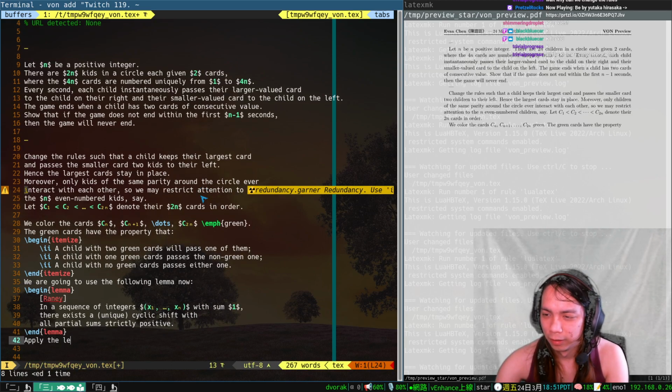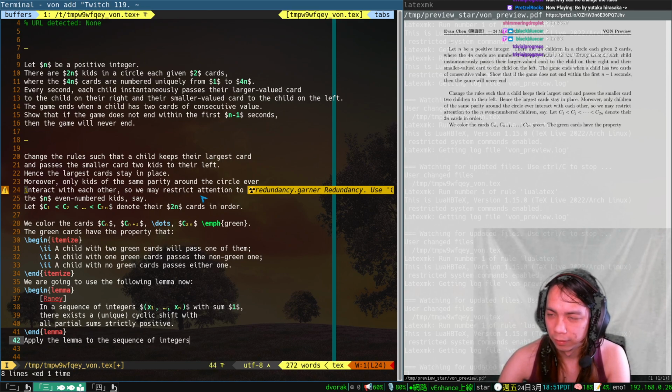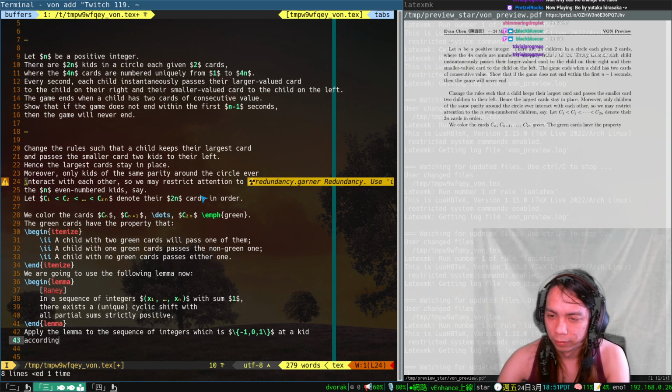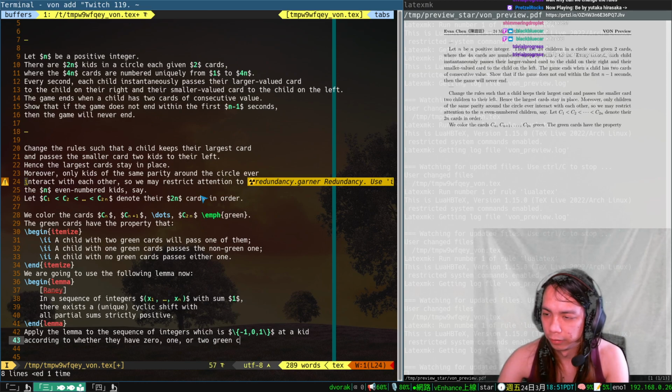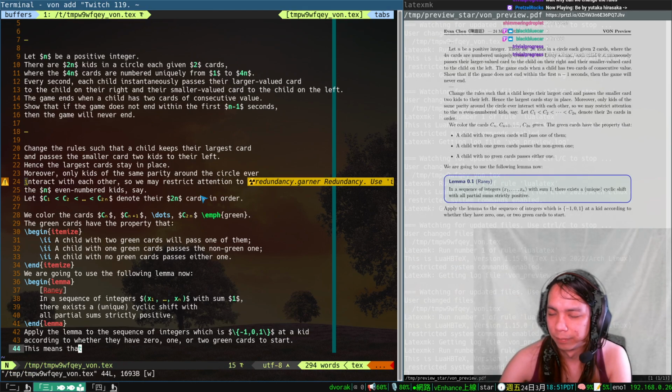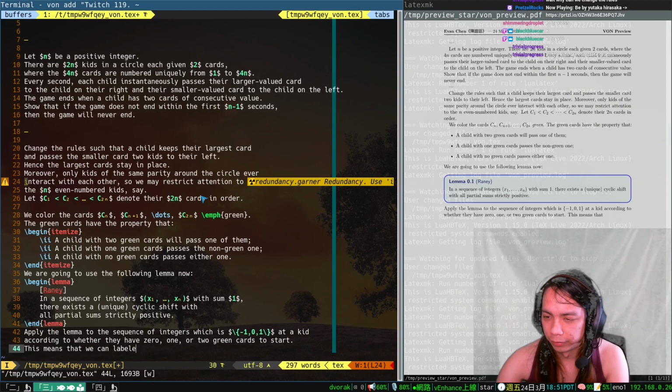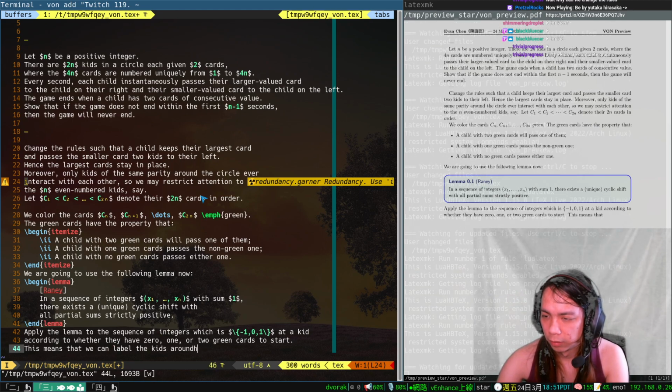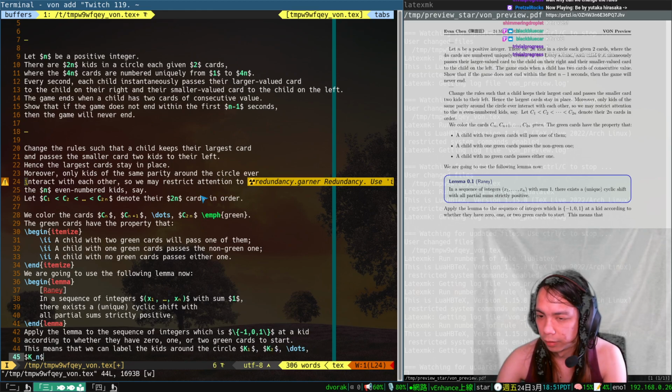Apply the lemma to the sequence of integers -1, 0, 1, adding a kid according to whether they have 0, 1, or 2 green cards to start. This means that we can label the kids around the circle K1, K2, through Kn, such that